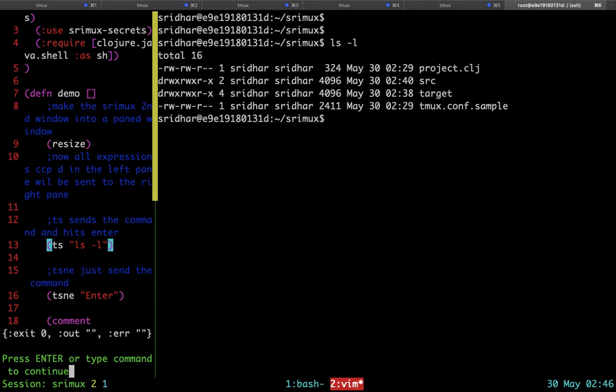Of course, the shell in the right pane doesn't know the difference between this and a human typing ls minus l and hitting enter. So you can silence this green press enter message by adjusting the command height in the left pane. Let's do that.